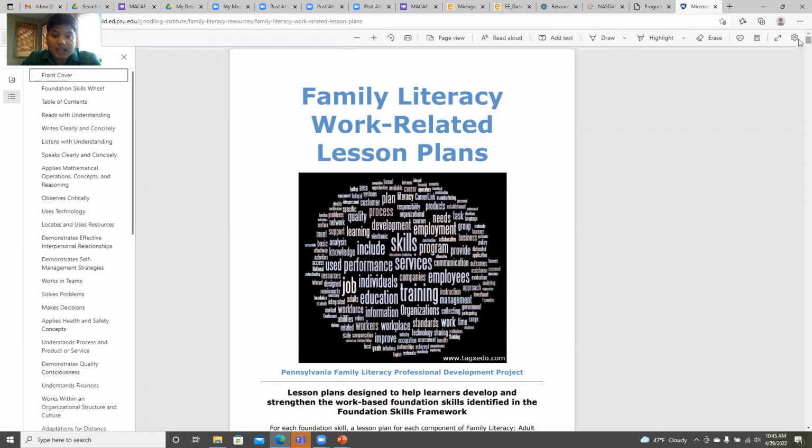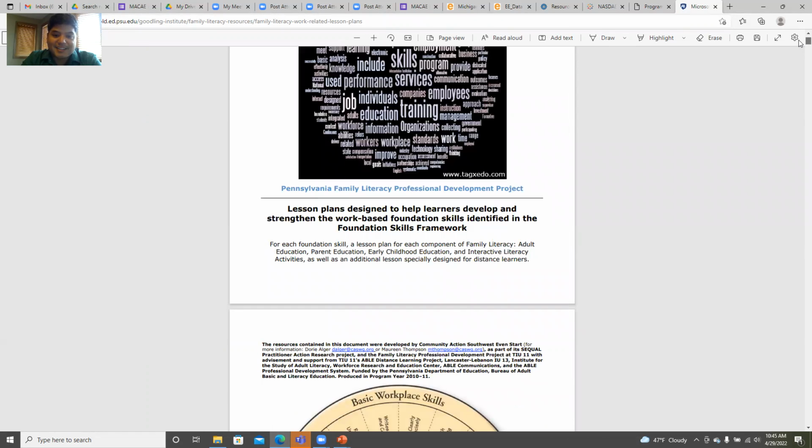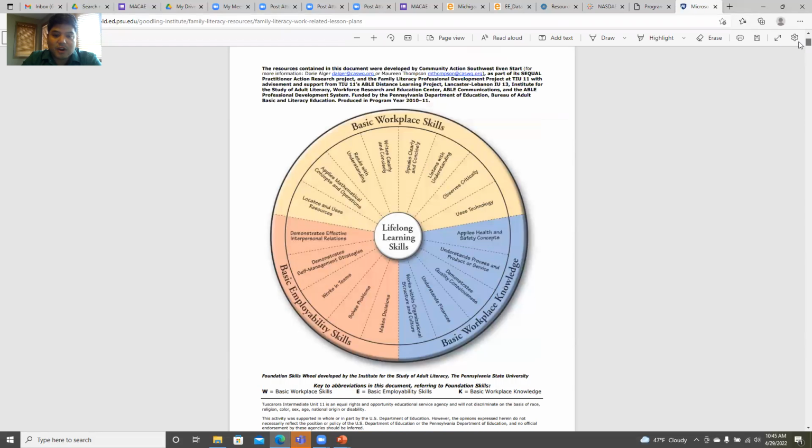This is a very large document, and I recognize that sharing this with your teams could be a little overwhelming, especially at this juncture in the year when they're like, yeah, okay, guys, yeah, I'll read it, sure. But one of the things that I thought was really cool and important was that at the beginning of this, they explained from an adult learner perspective what the outcomes were for the adult learner to be engaged in doing some of these family literacy activities.